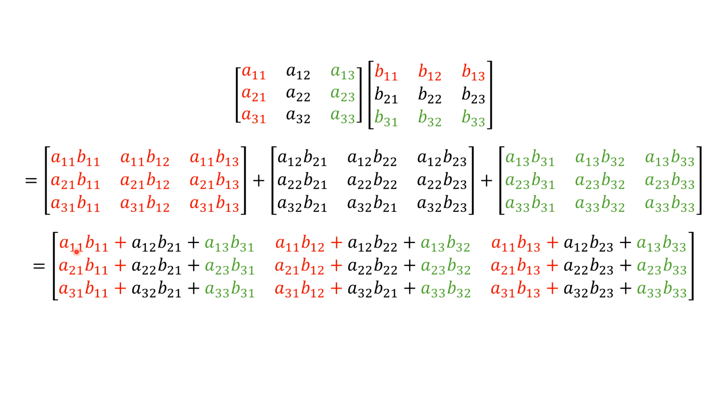For example, let's check this first element here. So we'd have A11 times B11 plus A12 times B21 plus A13 times B31. So that checks out. So using the outer product method for multiplying matrices gives us the same result as using the normal matrix multiplication. I haven't seen this used as often in proofs as the previous method that we talked about using the columns, but